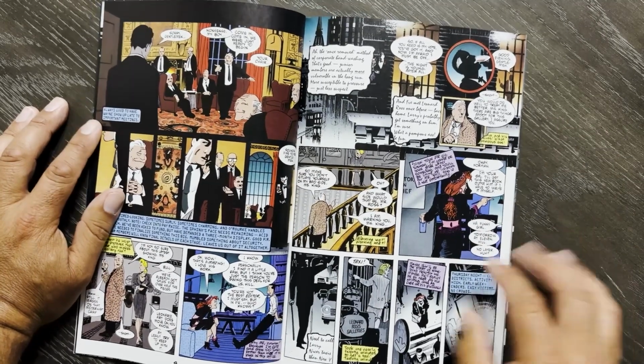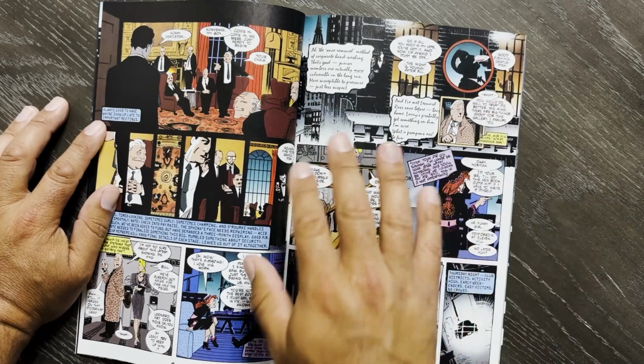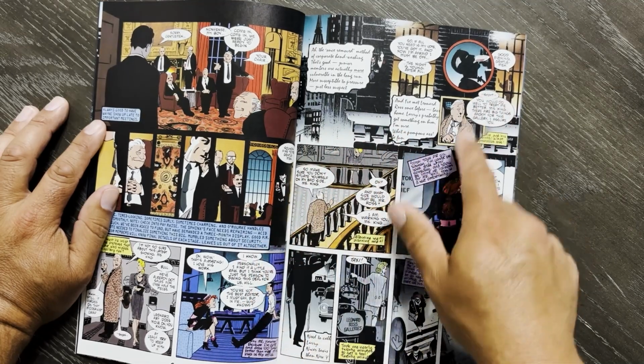So everybody's throwing that one around. So you got all three. This is Bruce Wayne back here doing his meeting. Hunter Rose is watching the meeting. And then we have